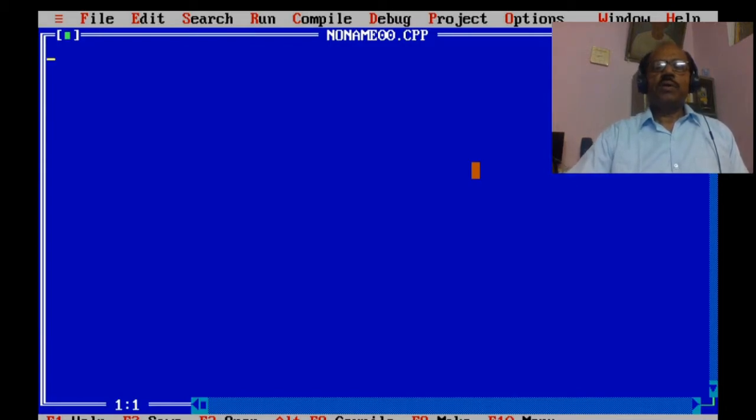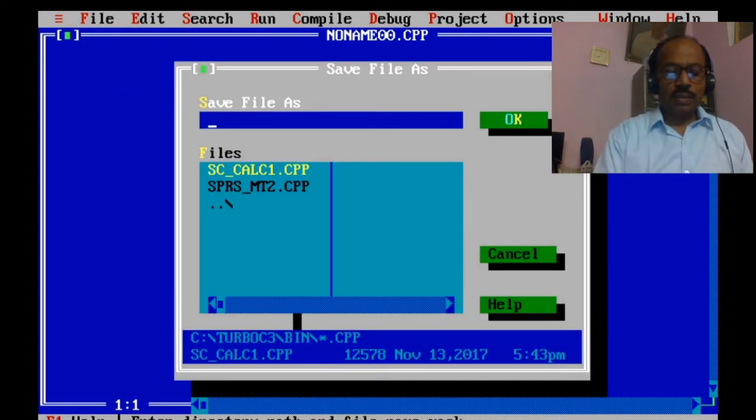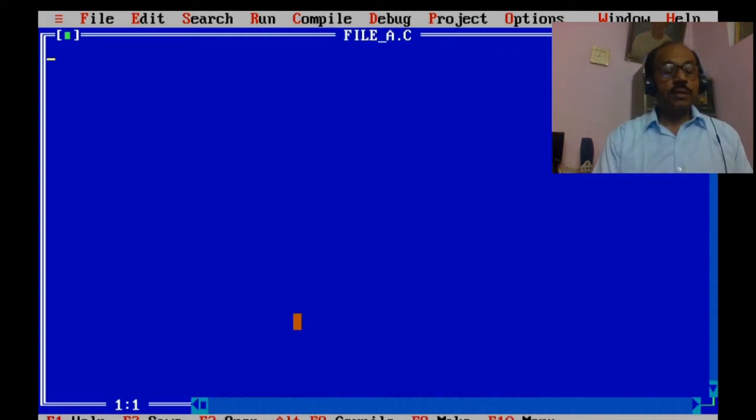I am giving you an example to demonstrate how we will write something onto a file, and afterwards, through another example, we will show how those data are read out from those files. So, let's start: File, Save as file_a.c.